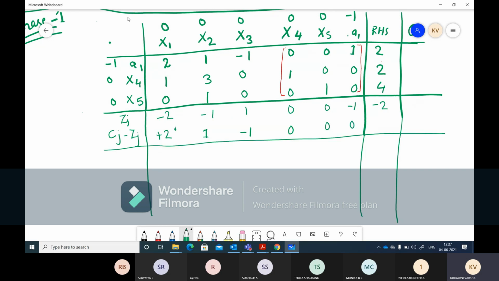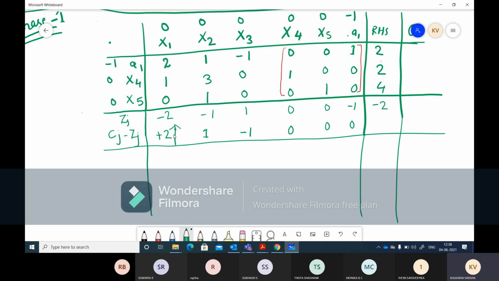So you should understand that in phase 1 this should be 0. That is the difference here. And here, only for the artificial variable, the coefficient is minus 1. Right? So we have finished Cj minus Zj. Which is the maximum positive number? Here we have 2, here we have 1. This is minus 1, this is 0. So we don't have to bother about 0. No negative value is to be considered. Only among the positive values 2 and 1, which is maximum? 2 is maximum.